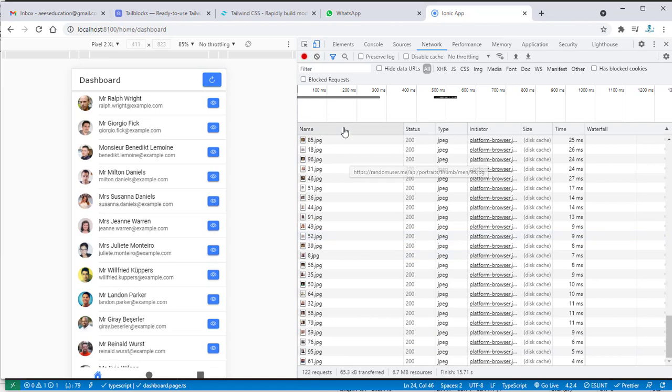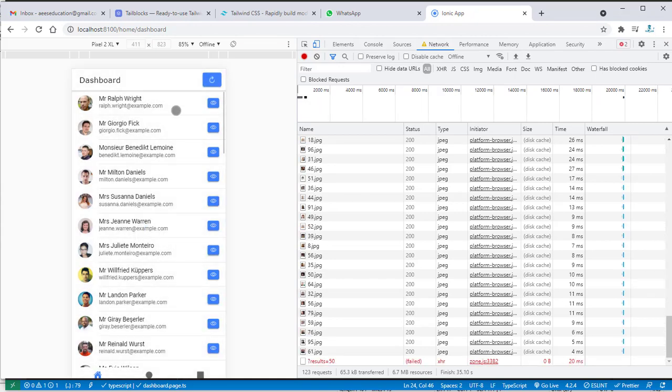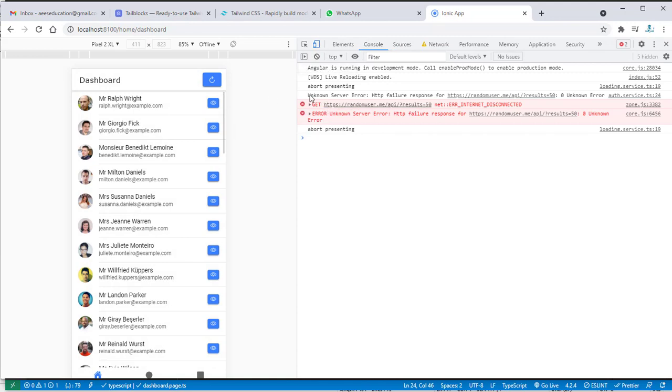See, got a HTTP request, and again you are getting a request, or otherwise it's stored in the local storage. That's it. Right now I'm making it offline. There was an internet and now there is no internet, right? If I click on reload, you can see I have written a console message that an unknown service error you got, an unknown error you have received in the auth service.